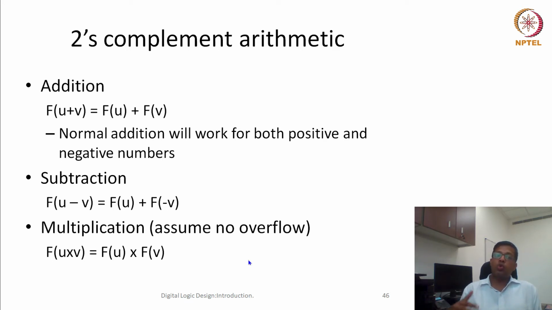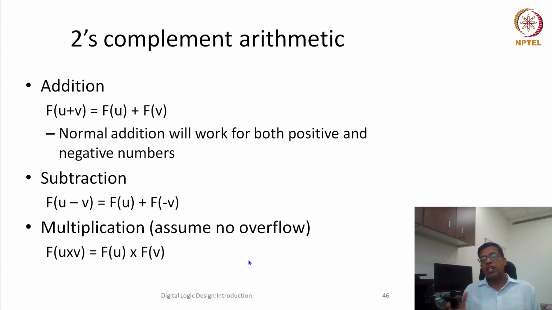If I want to do subtraction, then the best way is that whatever number I want to subtract, I should take 2's complement of that number. So I should represent that number as a negative number. Let us say that number was a negative number and I want to subtract it. Taking 2's complement of that negative number will make it a positive number. So let's say the number was minus 13 and I wanted to subtract this minus 13. After taking 2's complement of that minus 13, it will become plus 13.